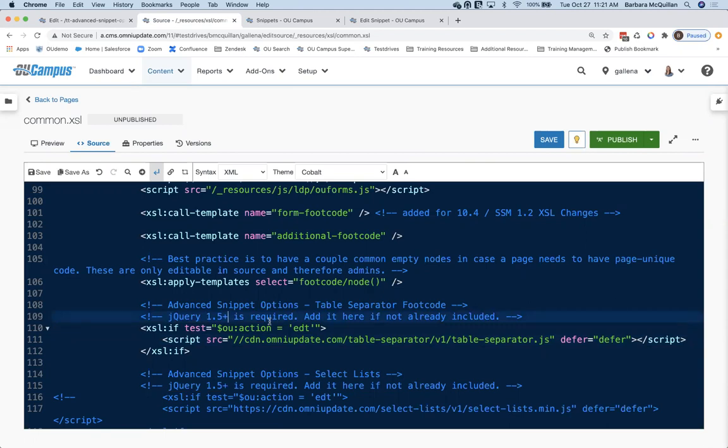I actually already have that as part of my design here. So that's already included, but if you do not have jQuery as part of your design, you are going to want to make sure that you include at least version 1.5 in order for this to work appropriately. Okay, so I'm going to go ahead and save my common.xsl from here.